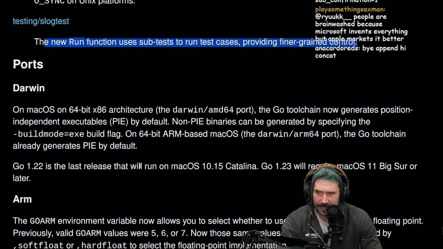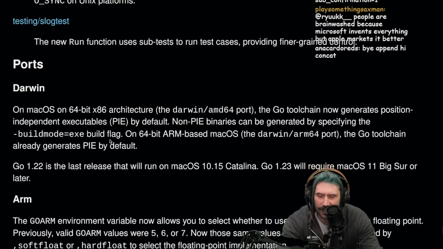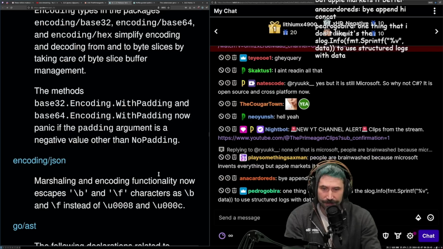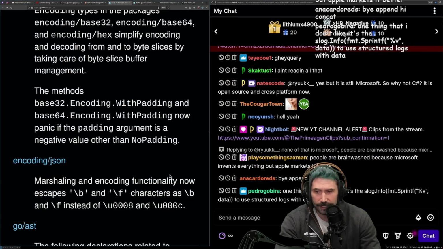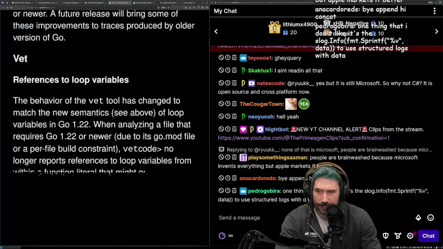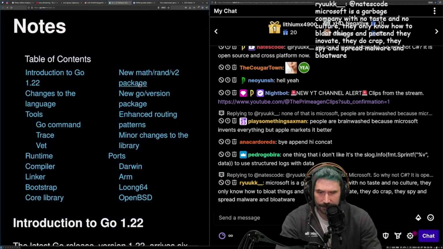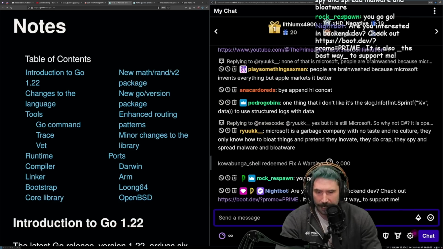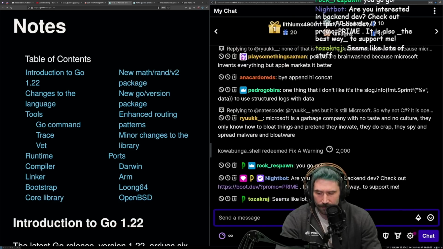Nice, and they add a little bit of testing over logging. Interesting. Testing logging. That's pretty interesting. And there you go. Then some ports. Okay, cool. So this is awesome. Go 1.22. Go 1.22 is looking good. It's looking really good. I don't know about you guys, but I'm very happy about new Go. I feel like Go is in a great place, and it's going in a great direction.